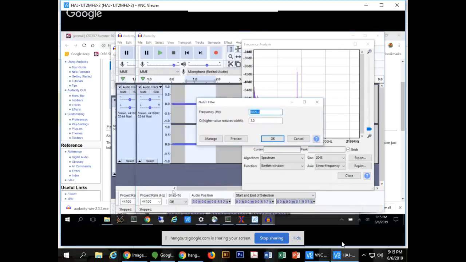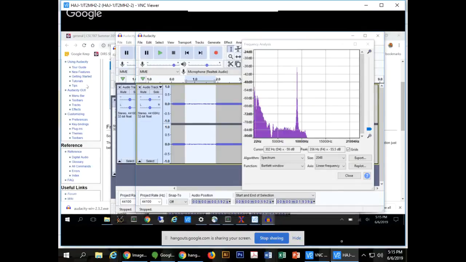What notch filtering simply says is that I want you to target a particular frequency, and around that frequency, I want you to zero out all that information. So do 9,000 here. That's what I was aiming for. And this value here just tells you how wide that filter is going to be. So let's see what happens here. If I say OK,